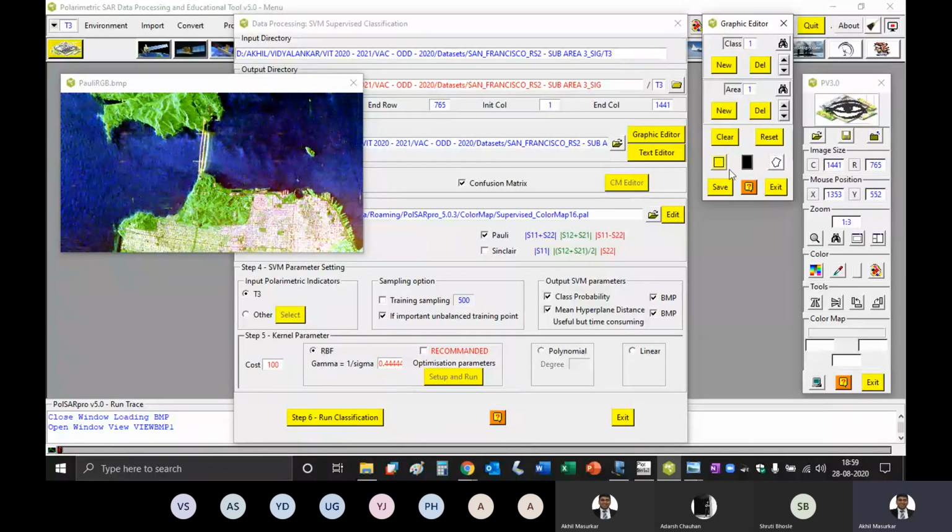You can give different colors. You can toggle between colors here, no problem. So when you add more classes, you will get more colors also here. So first one is white. This is area 1. Then we have area 2.